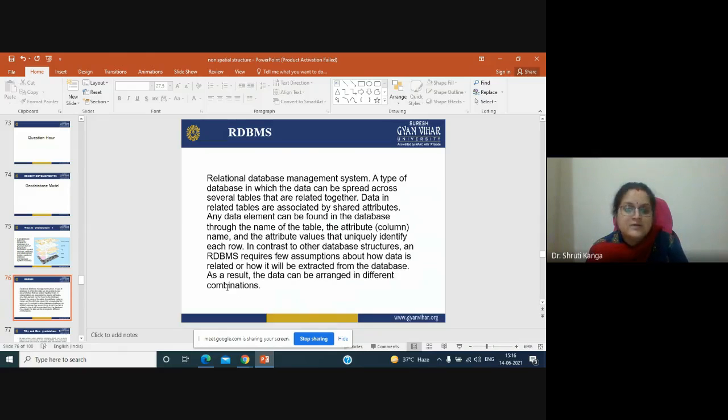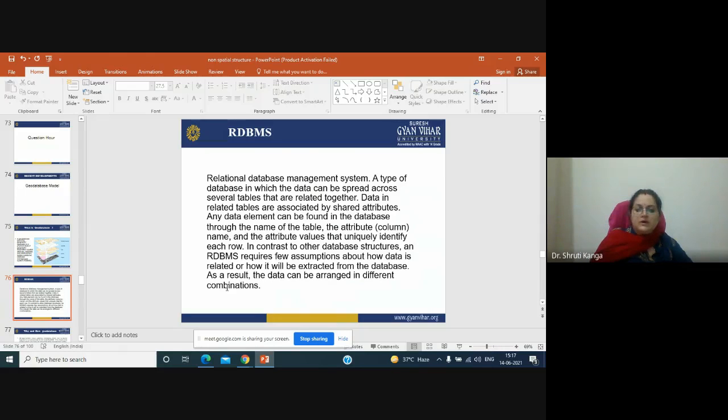Any data element can be found through the name of the table, the attribute column name, and the attribute values that are uniquely identified by each row.